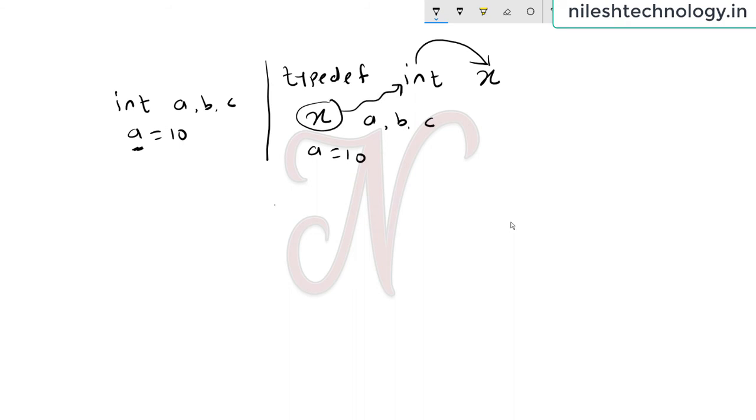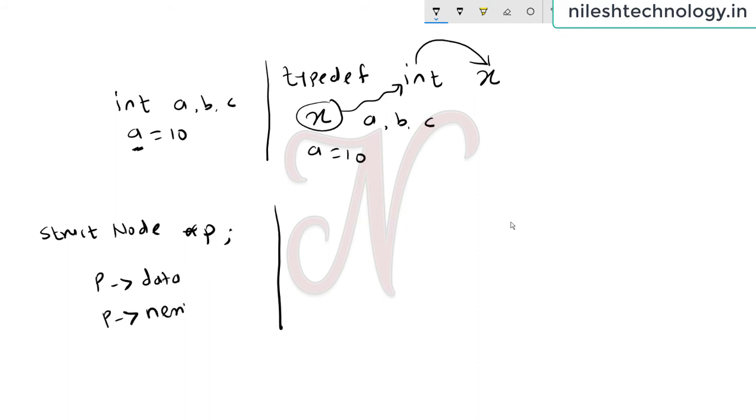Like this way, if you create the instance of struct node star p, and by using p access the data as well as the address. So see here, by using typedef, typedef struct node, and for example this is your n.